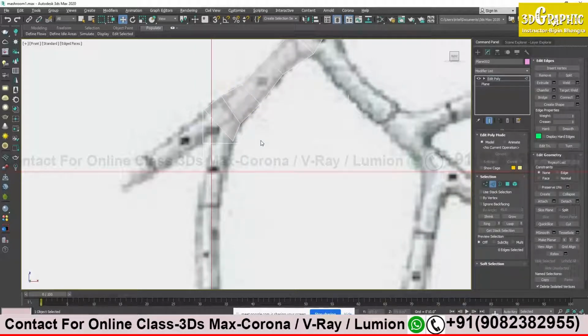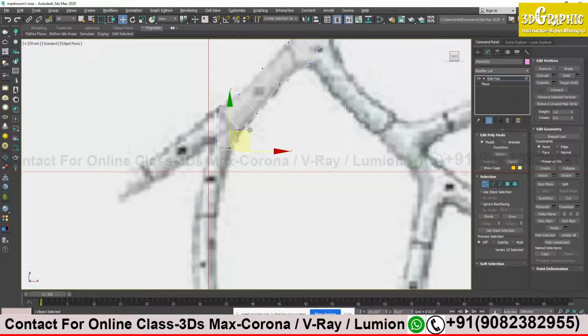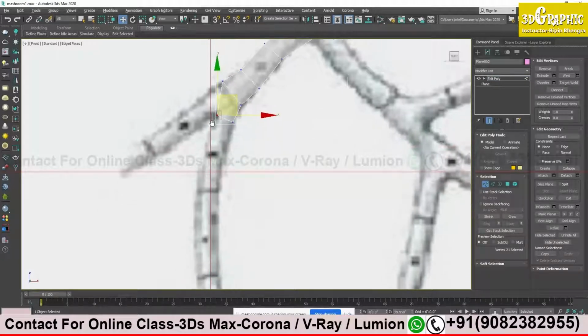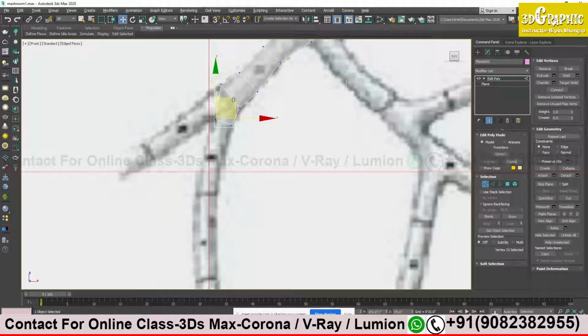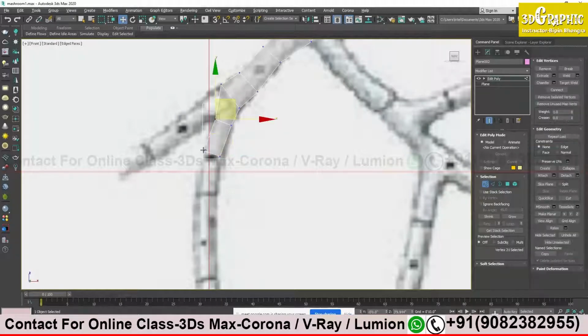Okay, let's try a different solution. Now what will be the different solution? Focus on one edge or one extend, this one, as I'm focusing on the extend which is going down below, and I'm not focusing on the other one. So if I move this vertices downward, I will get this edge and extrude to get this shape. Okay, I'm getting this shape.